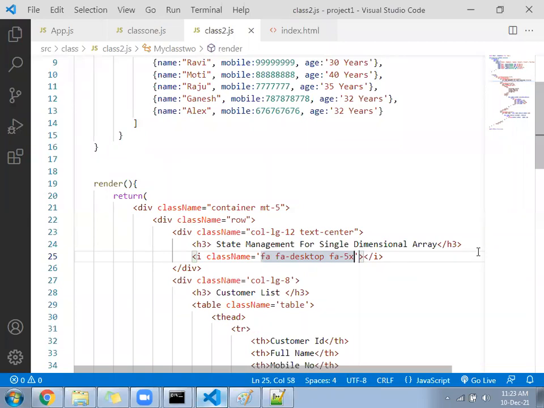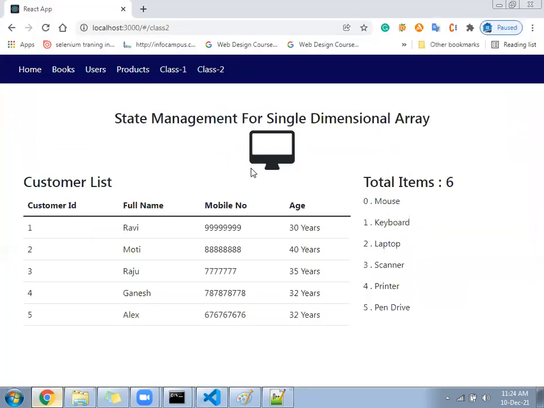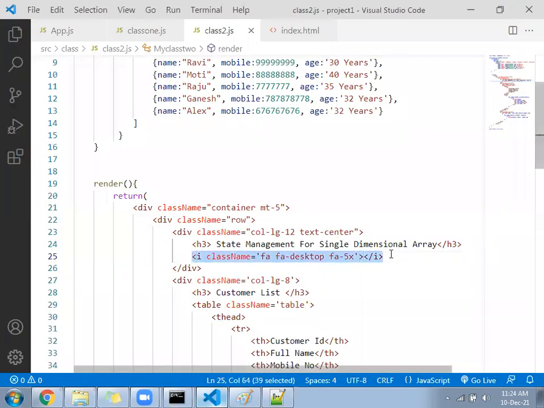So the icon should appear there. The icon is coming. The Font Awesome link I've sent in the chat. You can call it in the index file, and after that it will work easily.